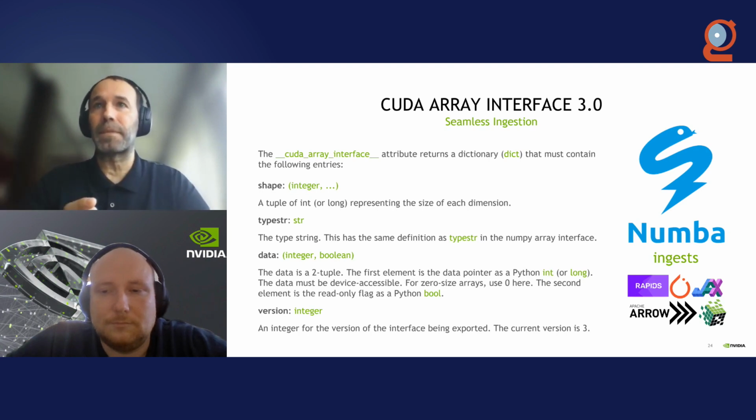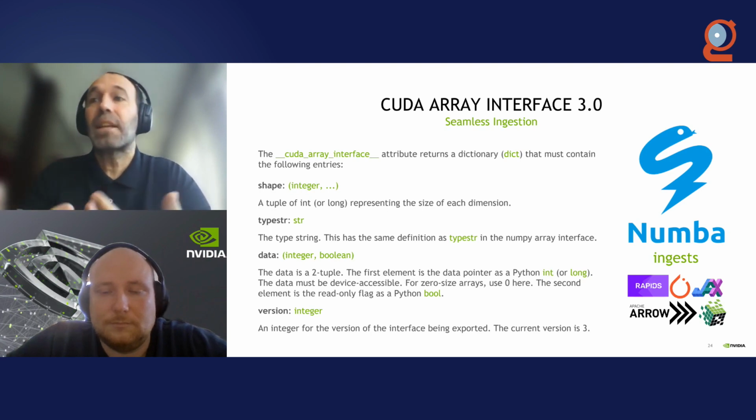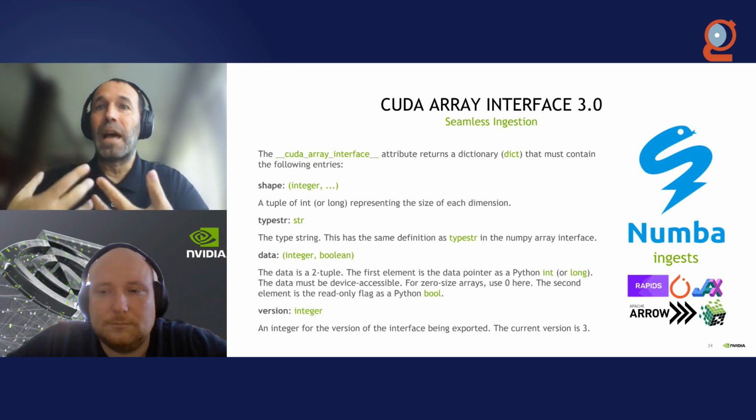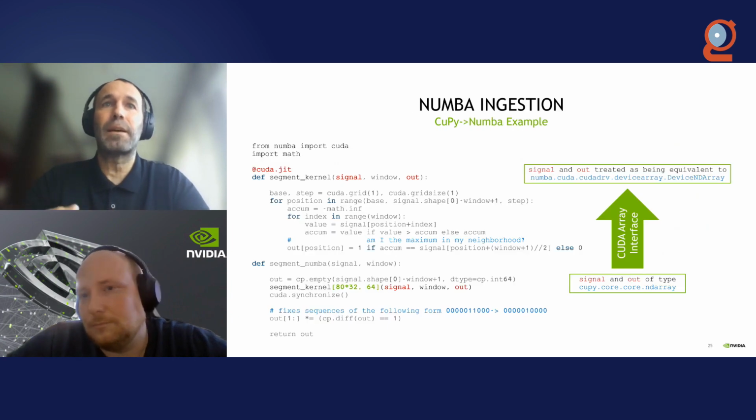So this is another specification, also compatible with Apache Arrow. It is already accepted by many deep learning frameworks like JAX, TensorFlow, PyTorch, Numba, CuPy. Just another option that is available for you. And in many cases, you don't even need to know what you are using. So for instance, in the next slide, we have an example